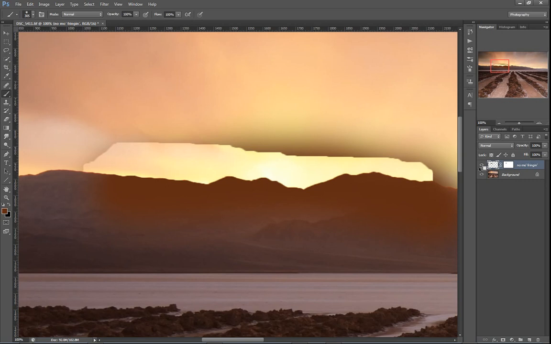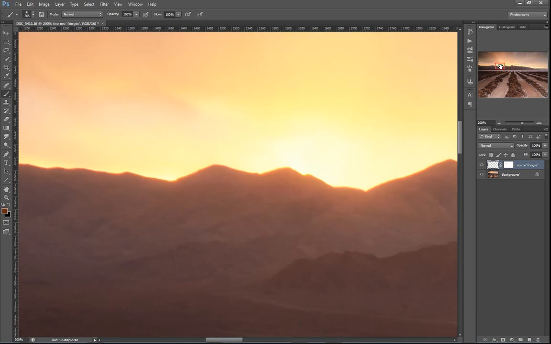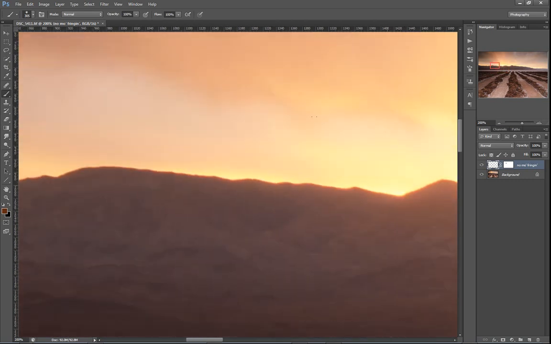So let me take that back a bit. What we are going to do is do something similar. We are going to paint over this area, but we're going to use the clone stamp tool. So if you hit S for stamp, that will bring up the clone stamp tool. Now make sure your opacity is up, your flow is up, and that your sample is set on current and below. So we're going to use the same idea, but what I'm going to do is sample from the mountains